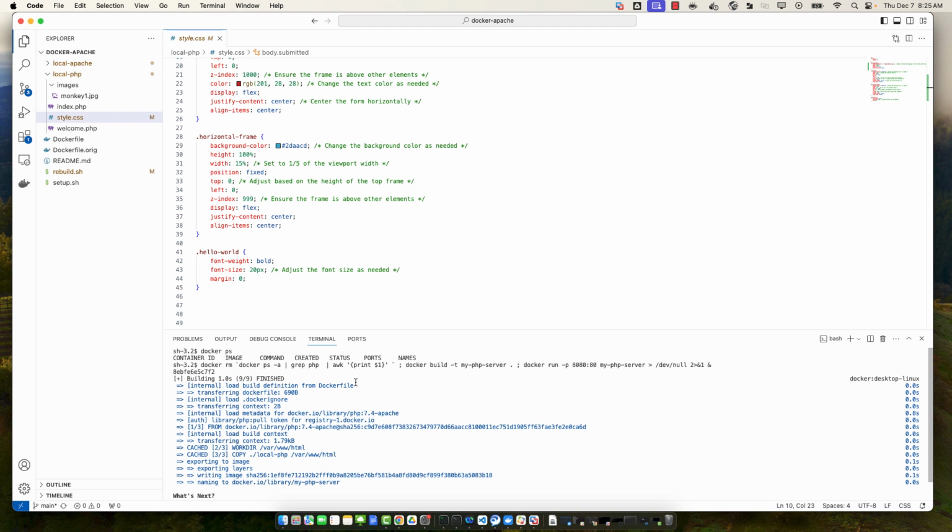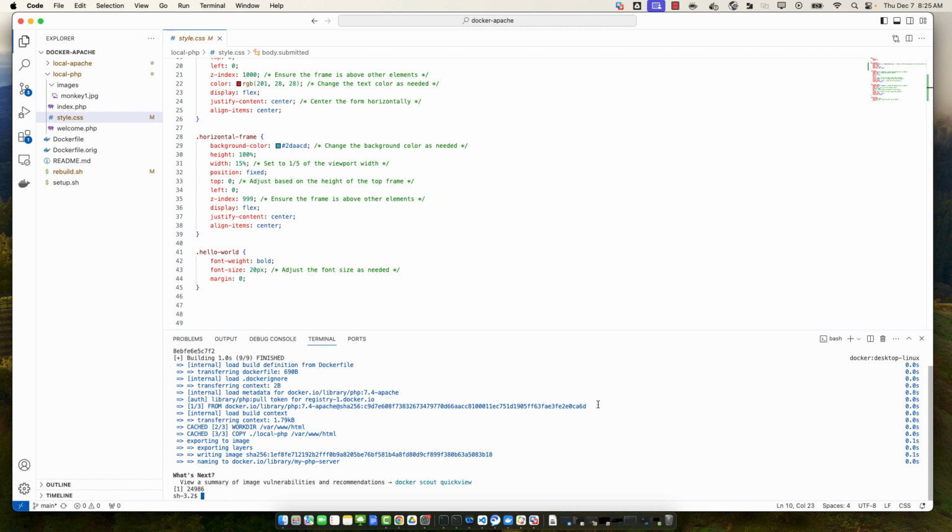And I want to not only stop it, but then I want to actually kill it. So from there, I want to build another one, and then I want to run it and send all my standard error and standard out into dev null, as a background process. So if I say docker ps,